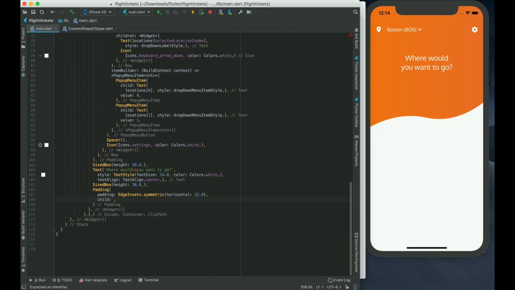So add child will be a material because there is elevation of 5,